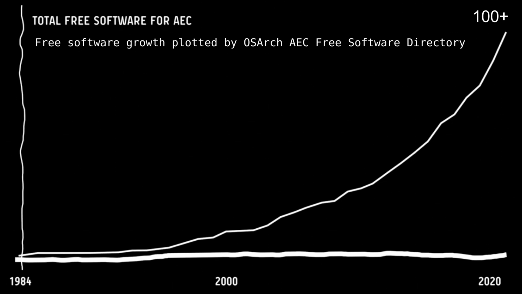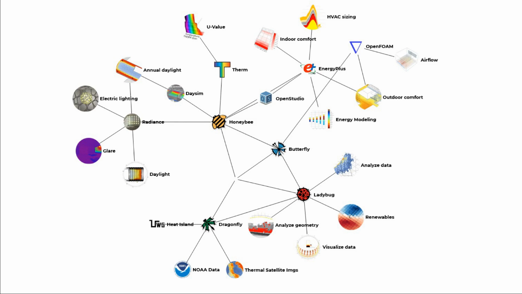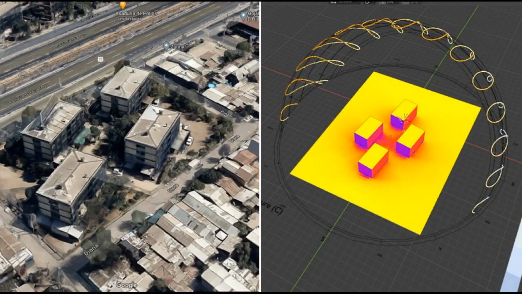One great example is Ladybug Tools, which does environmental simulation. Ladybug Tools has changed our industry. It has brought environmental simulation to the masses. Because simulation engines are really complex, but the user education done by Ladybug Tools and the packaging that they provided through the visual nodes have allowed architects across the world to create a better built environment and better buildings, all for free. Now, it doesn't use IFC, but it does have its own open data structure, known as the Honeybee